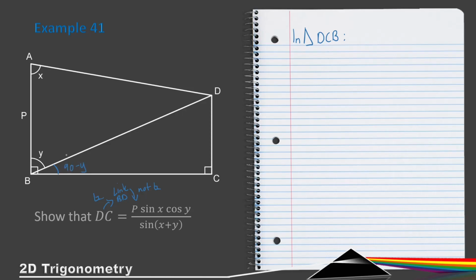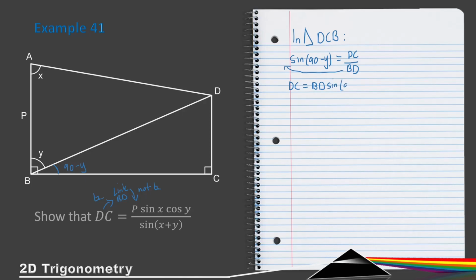You normally use an angle that you can easily find in terms of the other angles. So from this angle, DC is the opposite side and BD is the hypotenuse, and opposite over hypotenuse is sine. So if I put that in my trig ratio, sine of 90 minus y is equal to DC over BD. Now let's go back to the map and see what we need to find. We need to find DC in terms of BD, which means we need to solve for DC, so I'm going to take this up. So DC is equal to BD sine